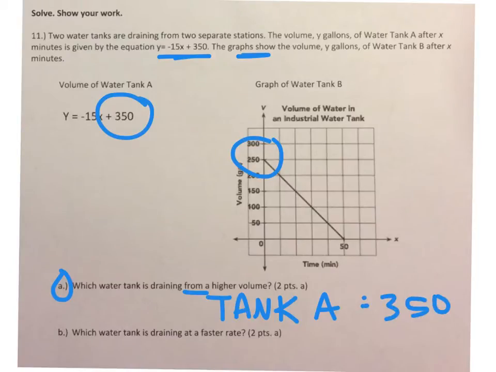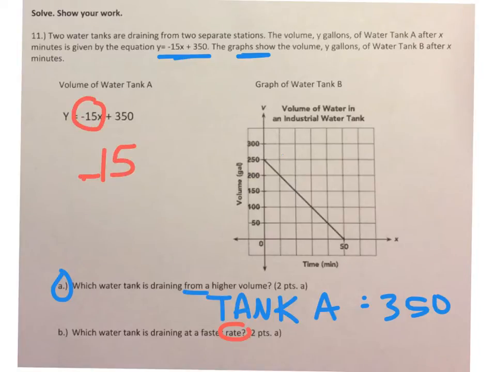Question B says, which water tank is draining at a faster rate? Rate is also the same thing as slope. So now we're going to compare the slope in the equation to the slope of the graph. The slope in the equation is found right here. The slope is -15. The slope of the graph is rise over run, so we can pick two good points